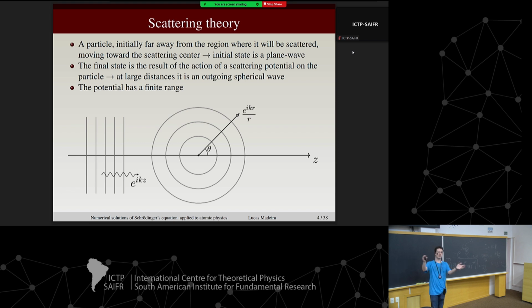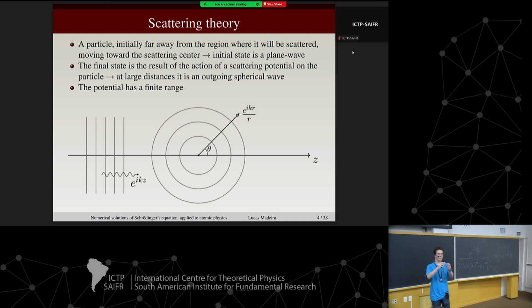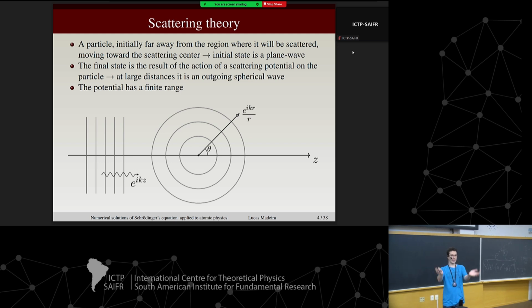And then if I look far away from the origin, the technical name for saying far away is the asymptotic behavior, right? The asymptotic behavior of the wave function. It's going to be an outgoing spherical wave, okay? And for this discussion, I'm going to assume that the scattering center has a finite range. So scattering will occur close to the origin, but it will be a finite region very close to the origin. Is this new to you? Not at all, right? Okay.